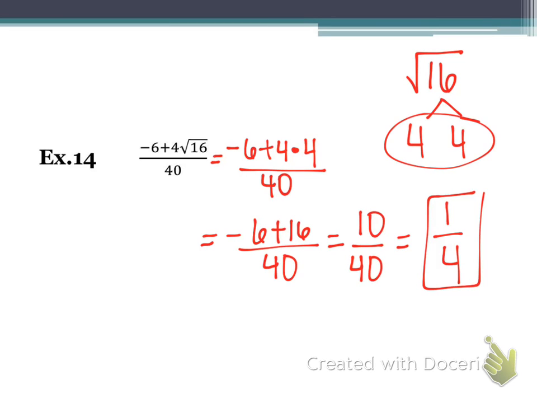Questions, concerns, Keon? We what? Add what? Yep, the negative 6 and 16 got added. We didn't do that before because we always had a radical on the end of it, but this one's radical went away. Yeah,